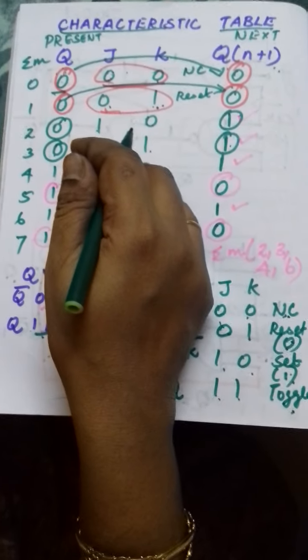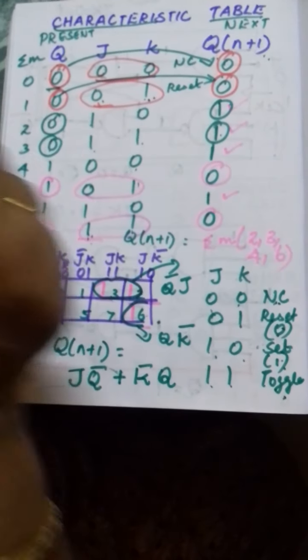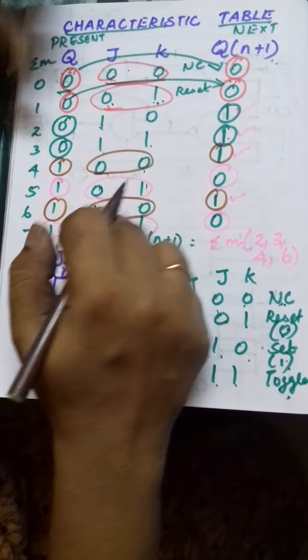Now for 1 1 you can just compare. So for 1 1, let me compare. So 1 is over here, 1 is over here, 1 1. So now look at the states of 1. 0 0 1 0. So